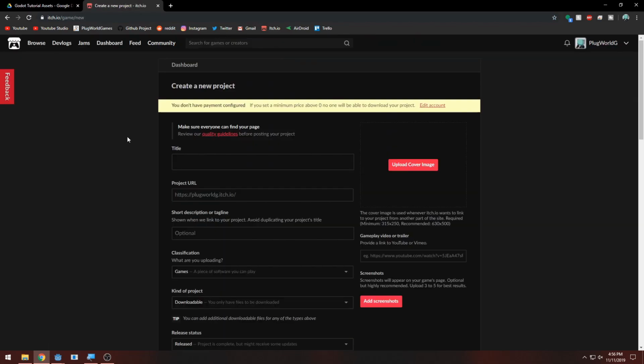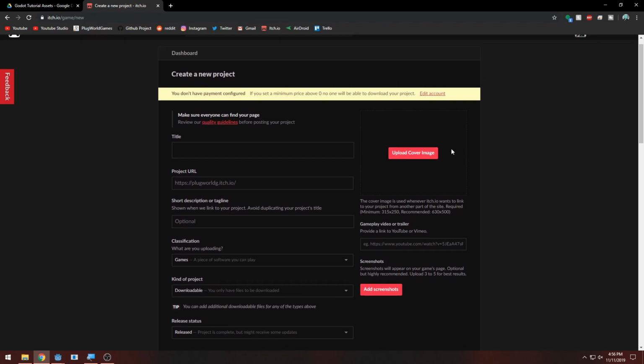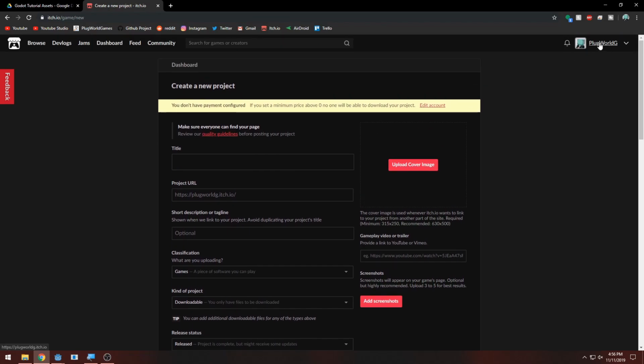So itch.io is a place that hosts your games and stuff. I would recommend doing it on here because they'll do it for free. You just need to make an account. As you can see, I'm signed in. So make an account, and then you want to go to your dashboard. Hit this little arrow. You want to go to dashboard after you make an account, and then you can just